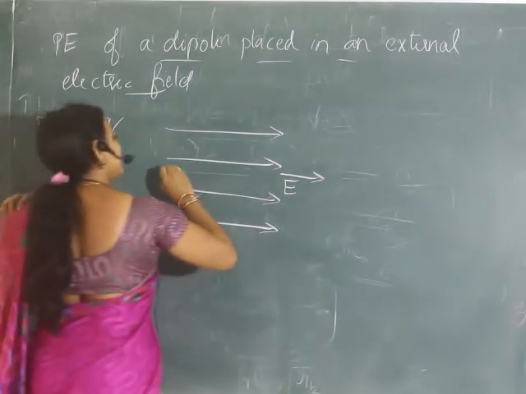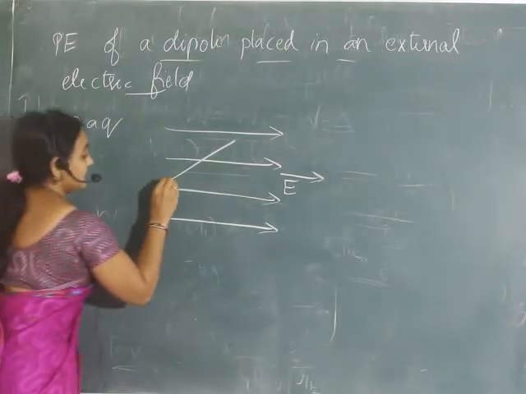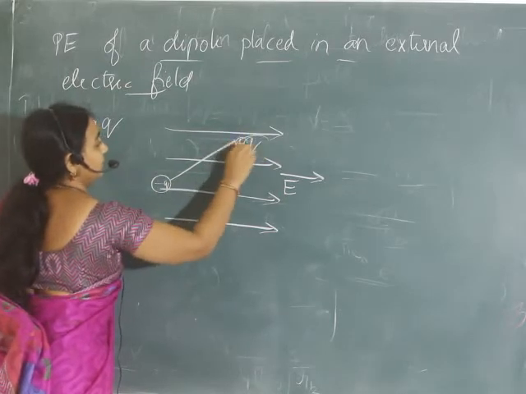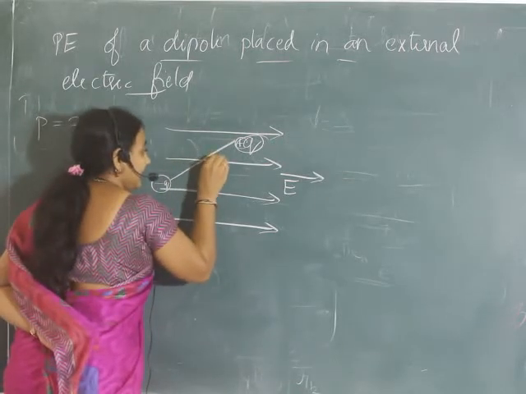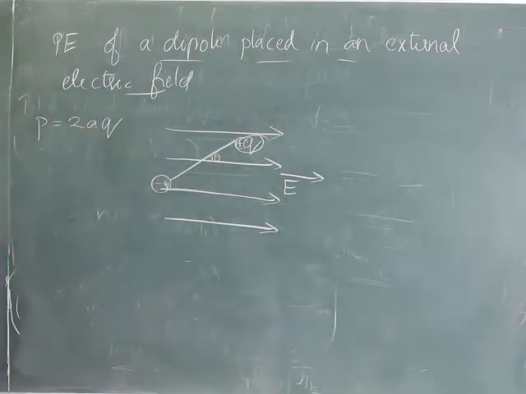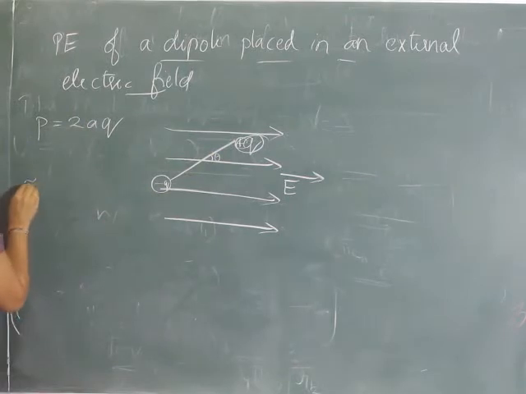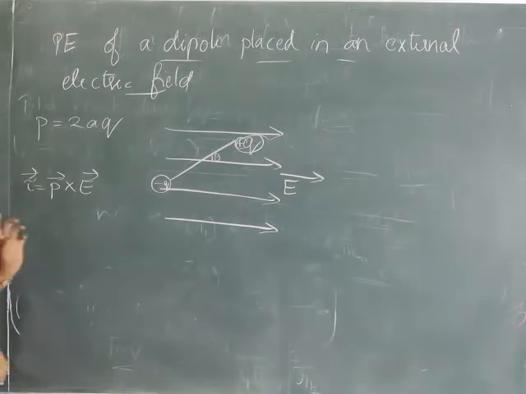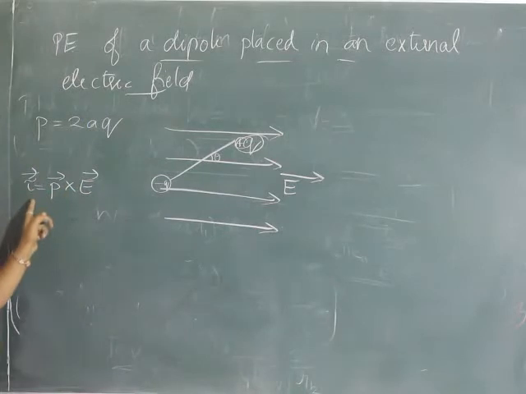Let us place the dipole, minus q and plus q, inclined at an angle theta. Correct? Because a dipole placed in an electric field will experience a torque tau is equal to P cross E. Am I right? If a dipole is placed in an electric field, it experiences a torque tau is equal to